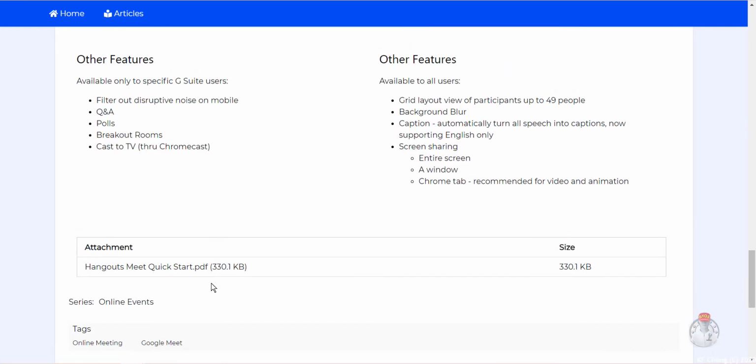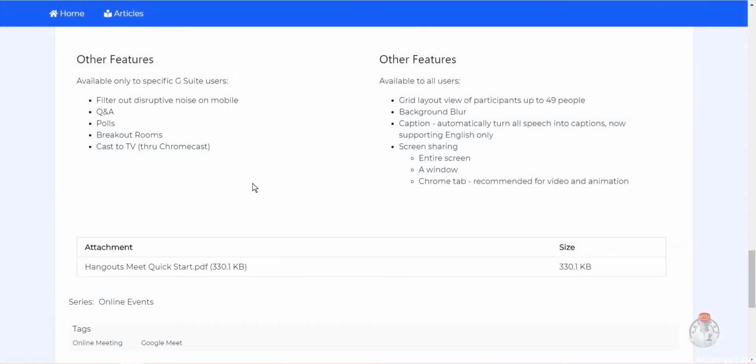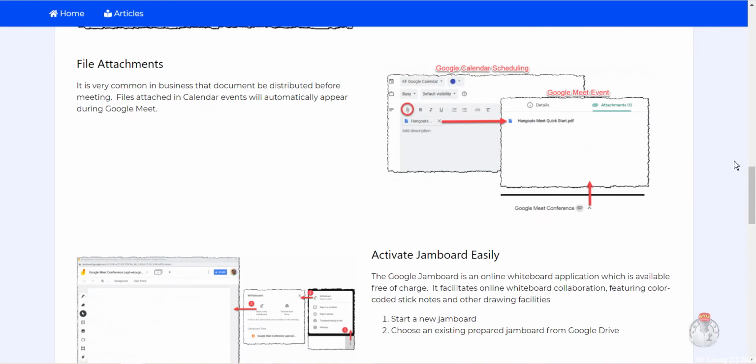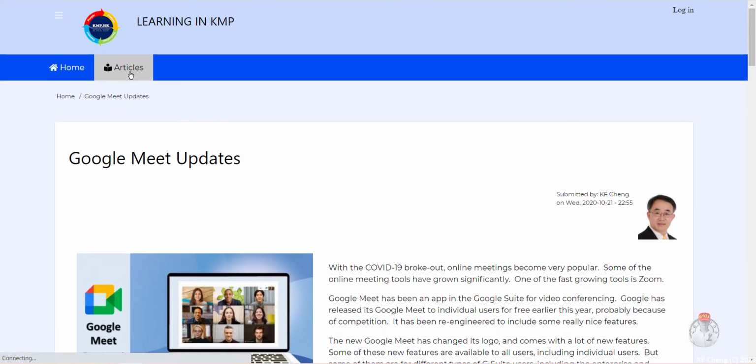At the bottom, there is a file attachment. Here there is a PDF file that the audience can download. If they click onto it, it will blow up and pop up with the PDF page. Okay, and there's something more. So I go to another article,